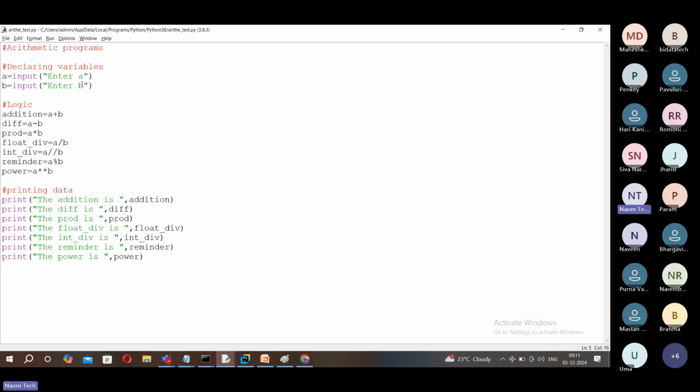But here, if you are passing data from the keyboard, for A and B, by default your values are assigned as strings here, friends. So the best thing is, I want this data as numeric data, either int or float type. Then what should I do? I should apply conversion functions